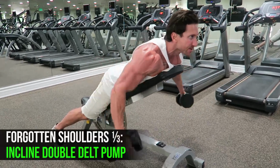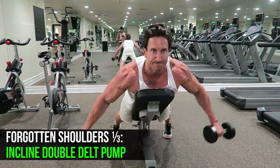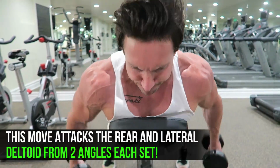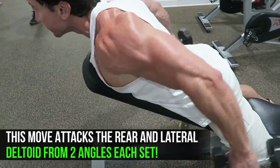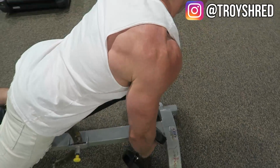So the incline double delt pump is a really unique movement because you're actually attacking the rear and lateral deltoids from 2 different angles. On the first movement, very important that you rotate your wrist and your palm. So at the very top of the first movement, your palm should actually be facing behind you. So both palms facing behind you, and then the second movement,